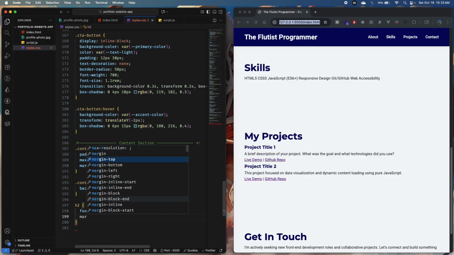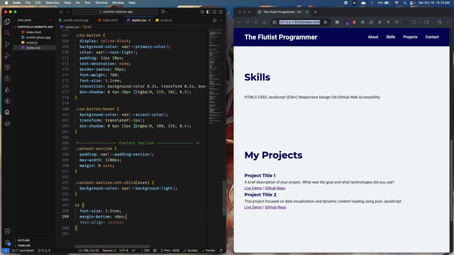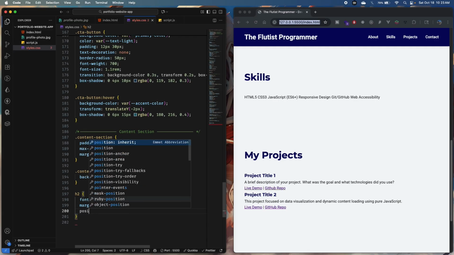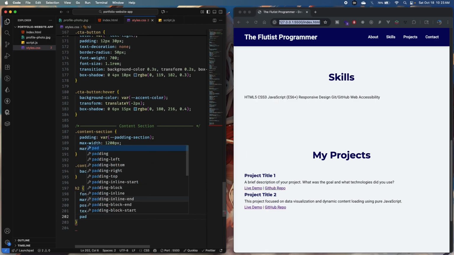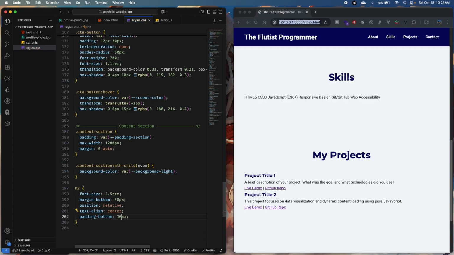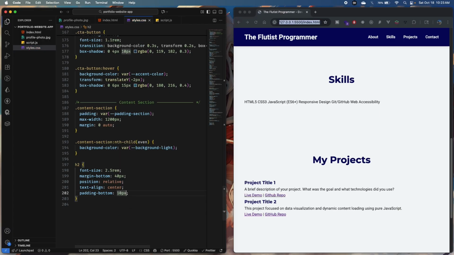Then let's put a margin bottom of 40 pixels. Good. Then I want a position to be relative. Excellent. Then I want a text align to be center, and for the last, let's put a padding bottom to be 10 pixels. Good. I want to set something for the after of the H2, so let's put here H2,